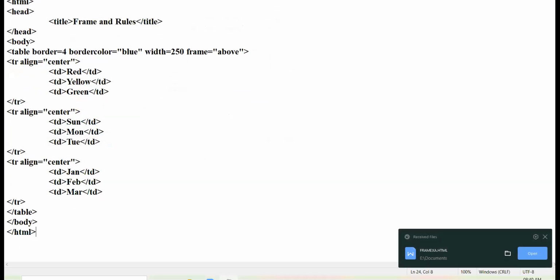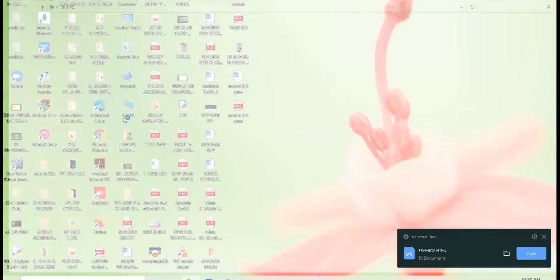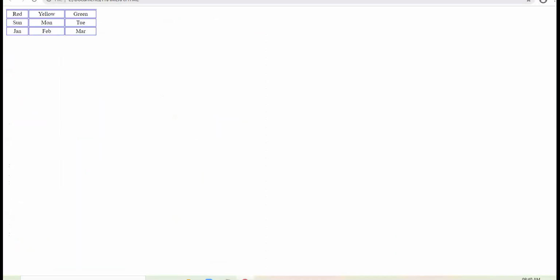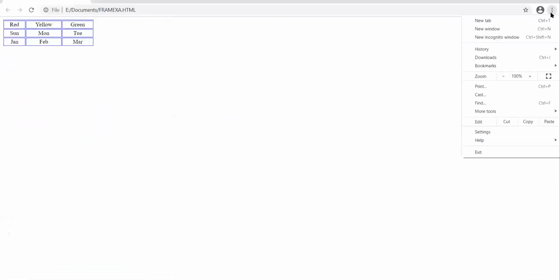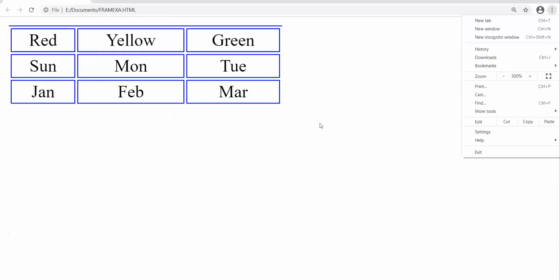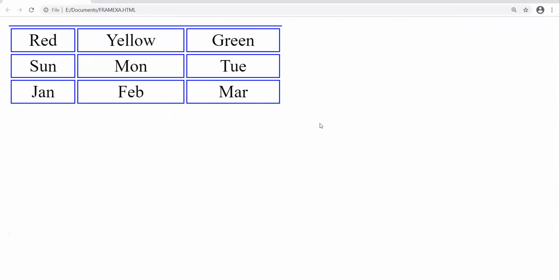Let us see the browser view. And this is our browser view. I increase the zoom level. Carefully see, the border is coming only on the top side.